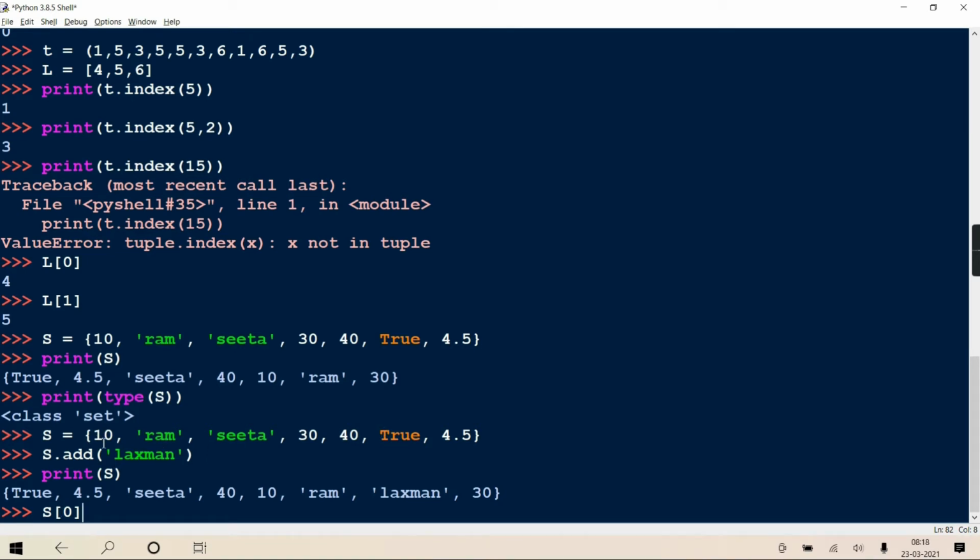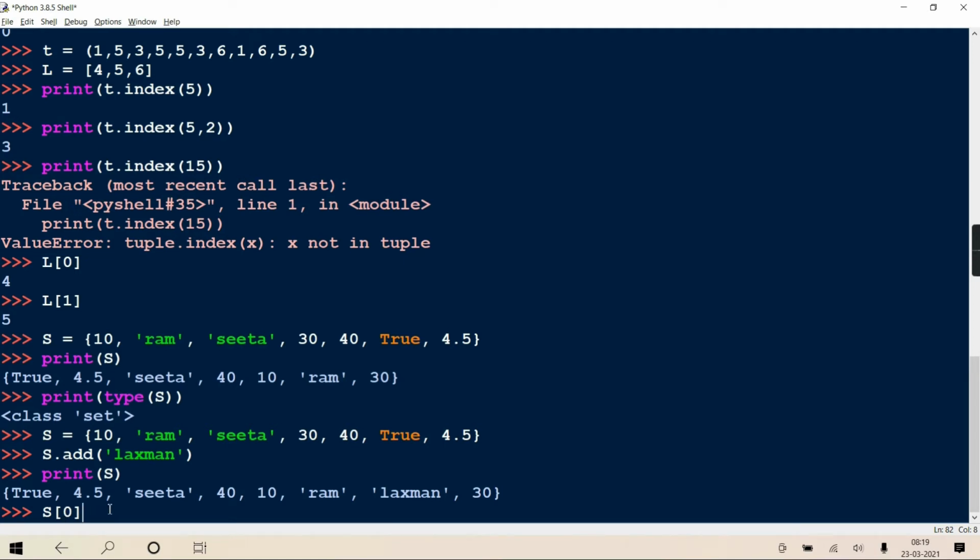According to your order, you have given 0th place 10, 1st place Ram, 2nd place Sita. But in reality, it is stored at an unpredictable place. So as you don't know the position where it will be, you cannot access it by giving a position. s of 0 is not going to work.